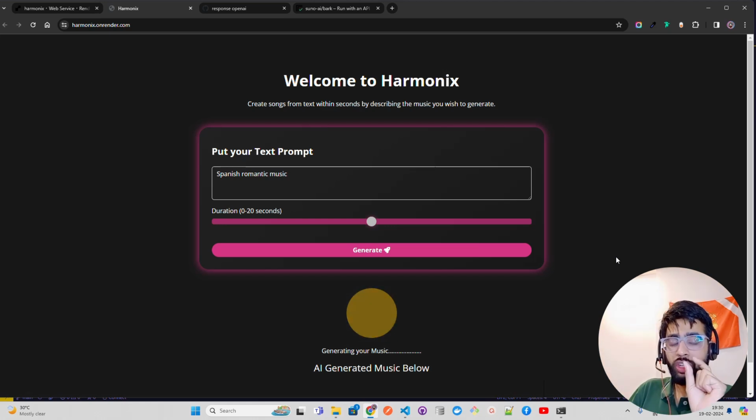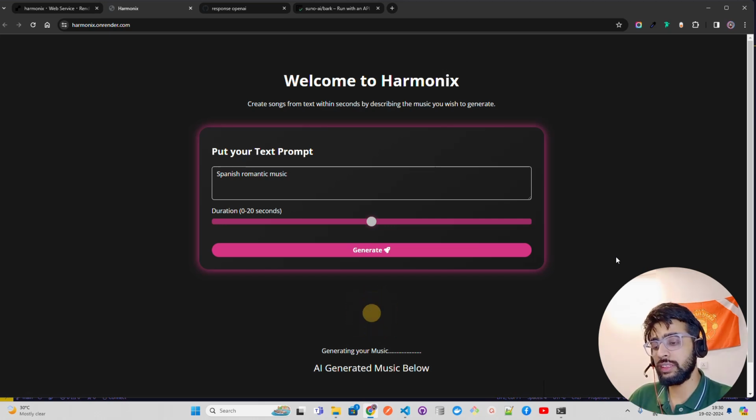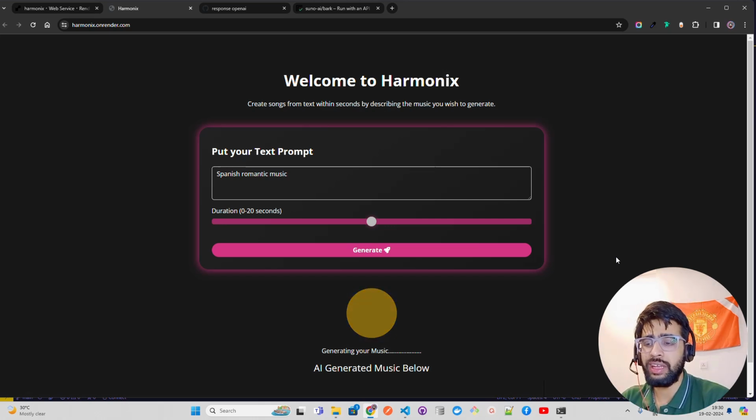Now the good thing about this, guys, is that this is happening right now. We are using APIs. We are not relying on the open source right now for this particular. You can do it as well. Bark is available as an open source, and of course you can use an LLM to give you the lyrics. So you can use any smaller models to do that. But I just want to show you the capability of how you can generate some songs with melodies, and there are some workarounds that you can work with. So let's wait for that.